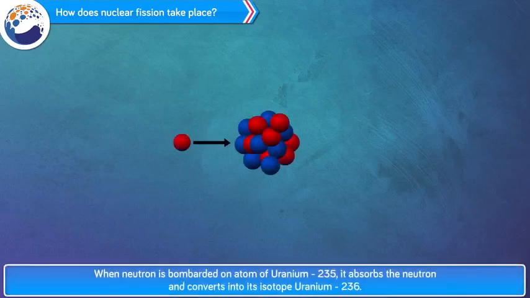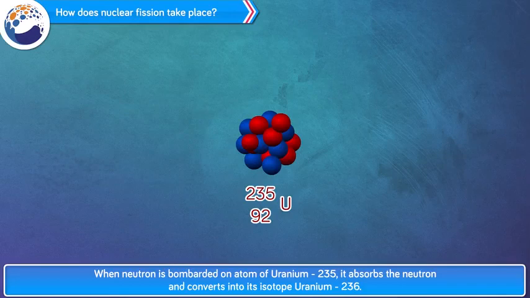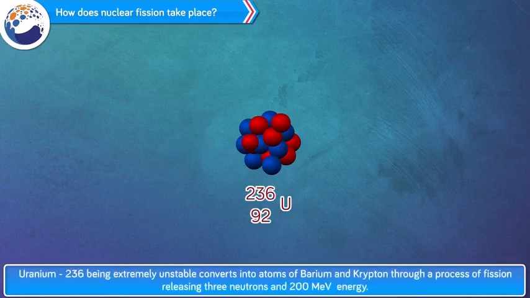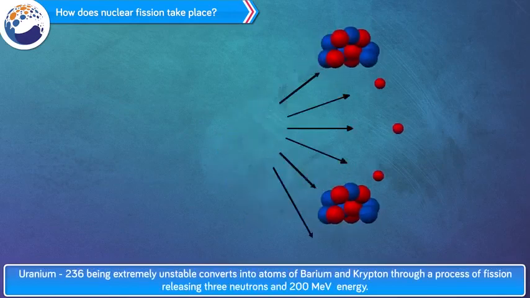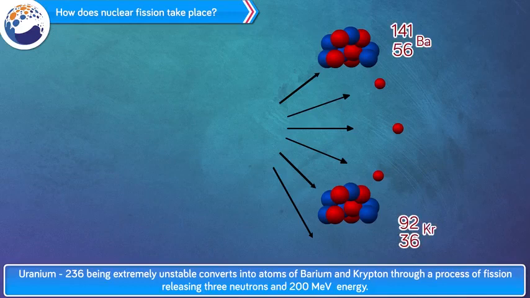How does nuclear fission take place? When a neutron is bombarded on an atom of uranium-235, it absorbs the neutron and converts into its isotope uranium-236. Uranium-236, being extremely unstable, converts into atoms of barium and krypton through a process of fission releasing 3 neutrons and